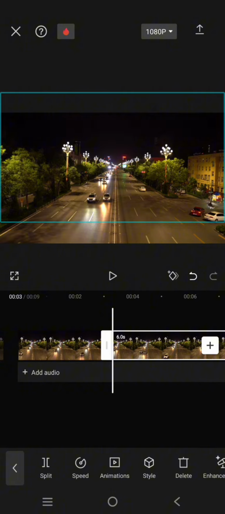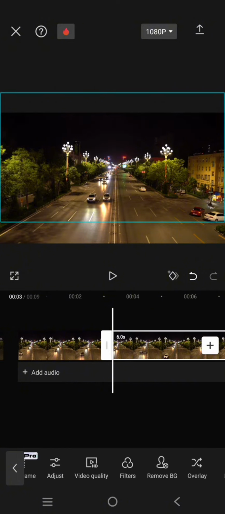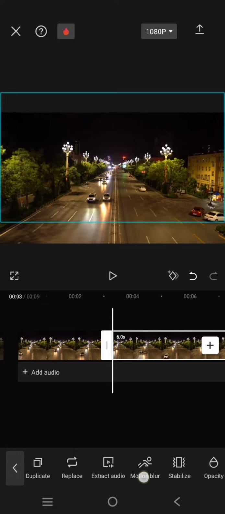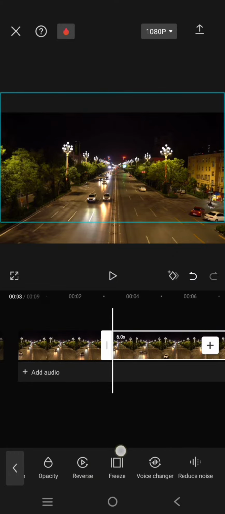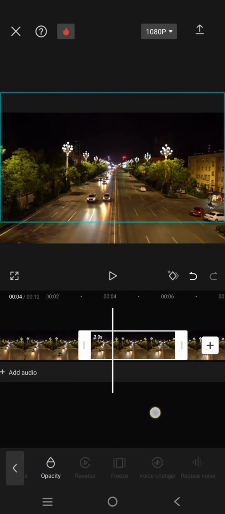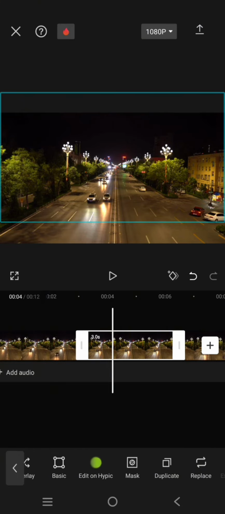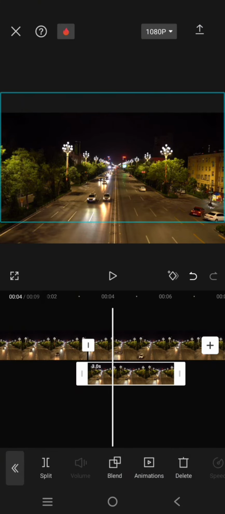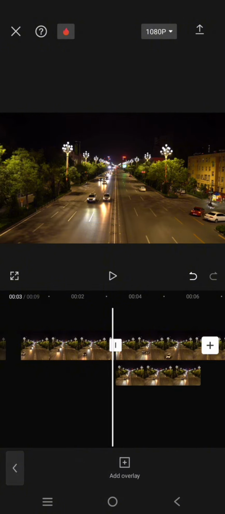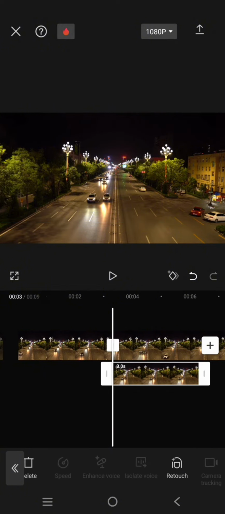Now on the second clip, go to freeze, so swipe through the menu, then click on freeze. So this is the freeze frame, make it as overlay. Okay, position it under like this, and then just click on the overlay and go to mask,